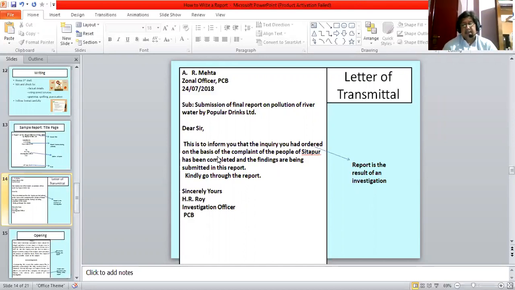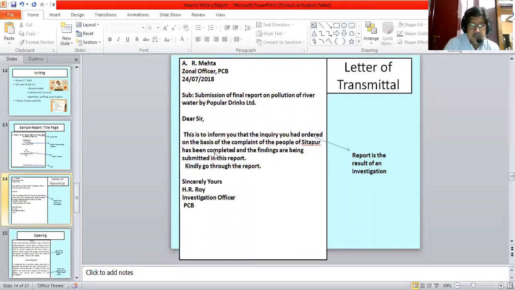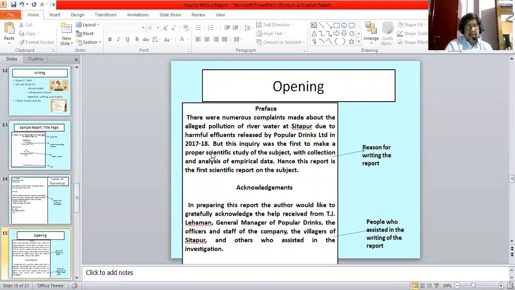So it's very short and it's very simple. Basically, it says nothing more than this, that the inquiry or investigation which has been ordered is completed and the report is being enclosed. So it is signed by the writer of the report, who is the investigation officer, H.R. Roy, once again. So this is the letter of transmittal. Then comes the opening of the report,